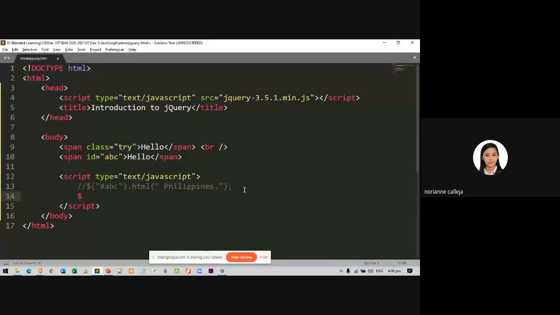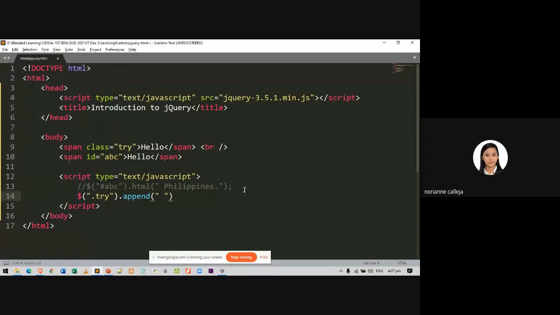So again, dollar sign, parentheses, and quotation, then use that since it is a class. Then append what text I am going to append or concatenate or add to that existing content.